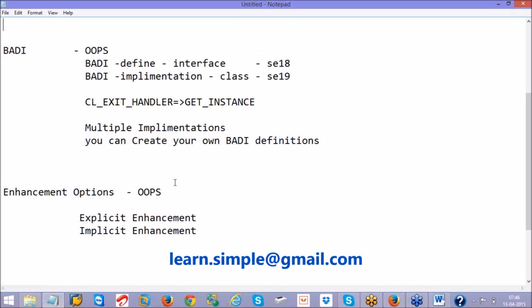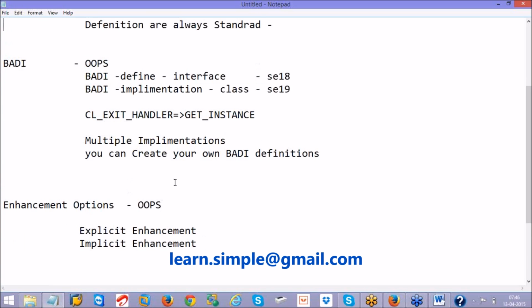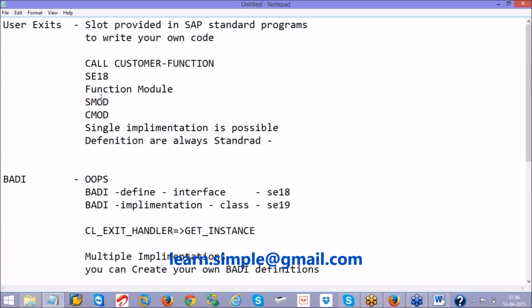So here, how the definition looks and how the implementation looks. For the user exit, the definition part is integrated with transaction SMOD and the implementation with CMOD. Now coming here, SE18 is the definition and it looks like an interface; SE19 is the implementation transaction and it looks like a class. In user exits, definition and implementation are more or less equivalent to a function module and the code you write inside the include.